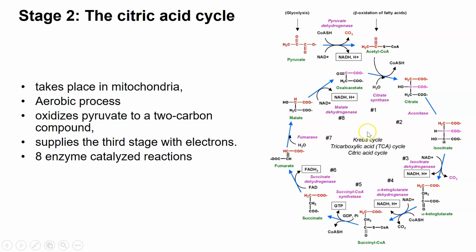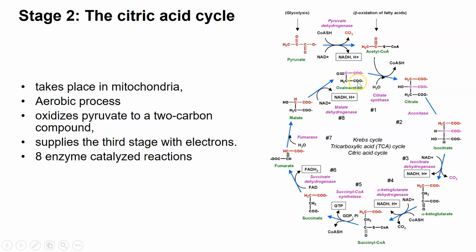But it's tightly linked to the third stage, the oxidative phosphorylation pathway, and that absolutely requires oxygen. Because it's linked to that, if the oxygen runs out for the oxidative phosphorylation pathway, this doesn't work as well. So it is an aerobic process, and it takes place at the mitochondria. Unlike glycolysis, which takes place in the cytoplasm, the citric acid cycle and the oxidative phosphorylation pathway take place in the mitochondria. Basically its purpose is to oxidize completely the original glucose, which was converted to pyruvate in the glycolysis pathway,